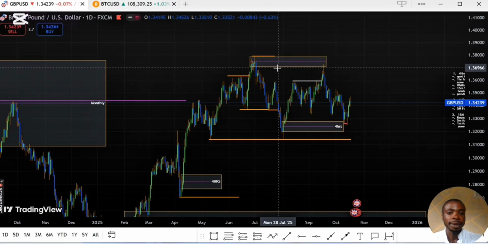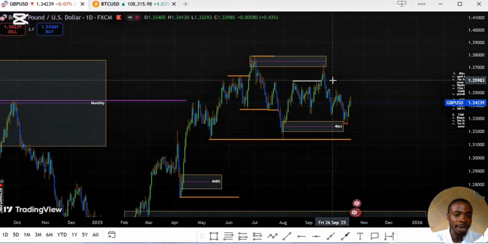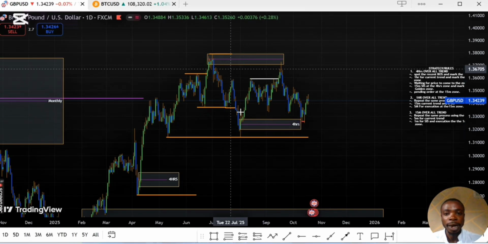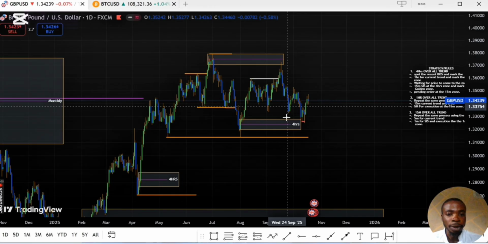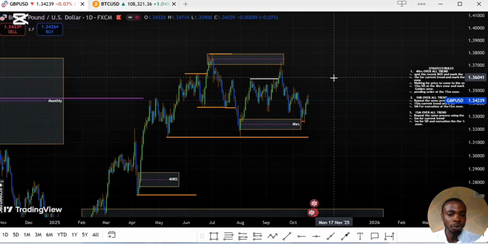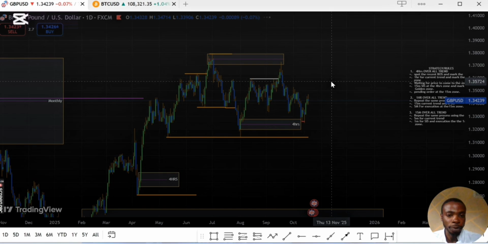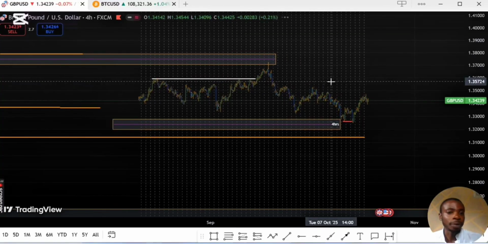Then we are waiting here. Market started pausing. This happened last week. And on a daily time frame now, this is our range from here to here. Market started pulling up a low, a high, a low. We can observe this structure on a 4-hour time frame. If we come to a 4-hour time frame to observe this structure properly, now we are coming to our trading time frame. This is where we do our analysis.